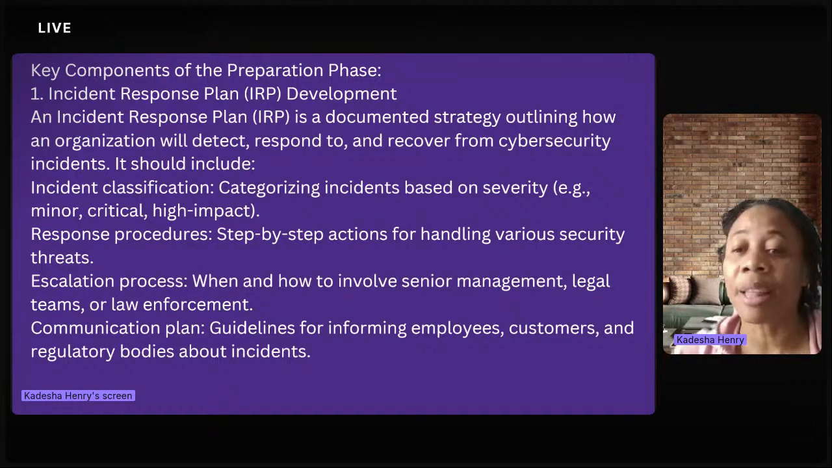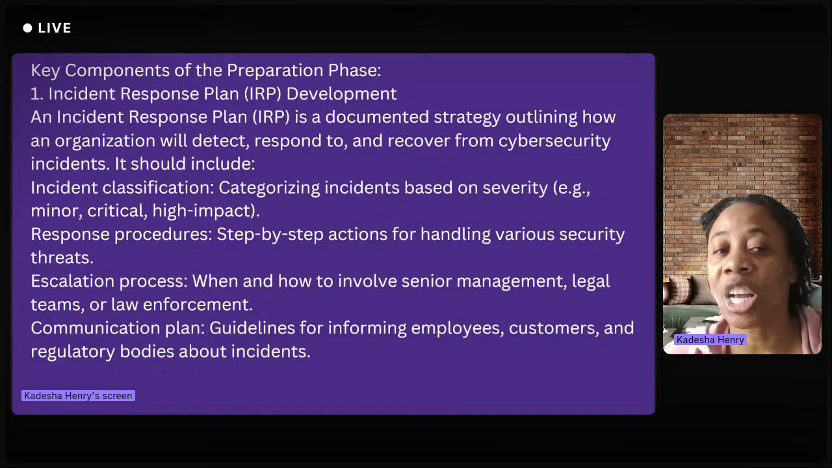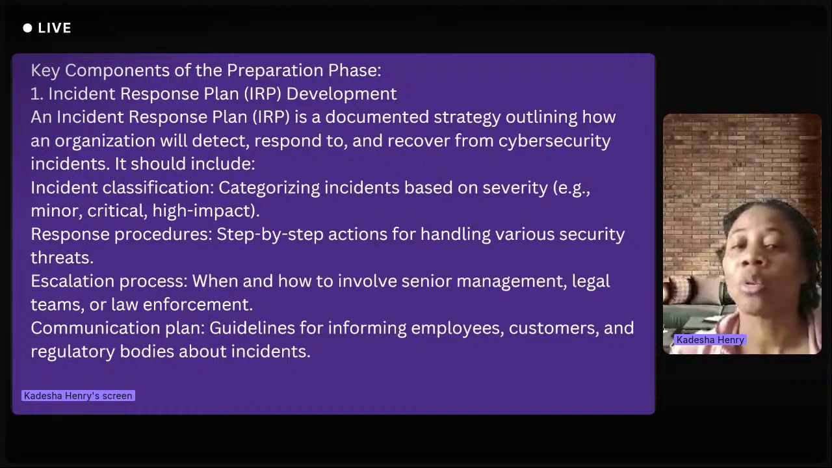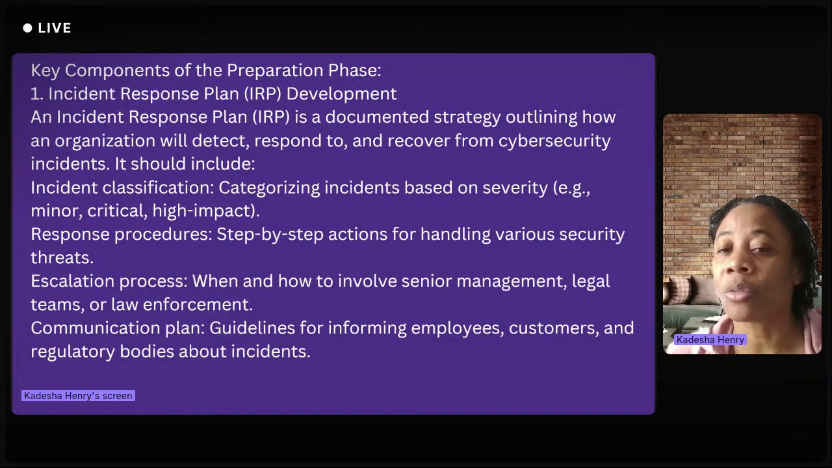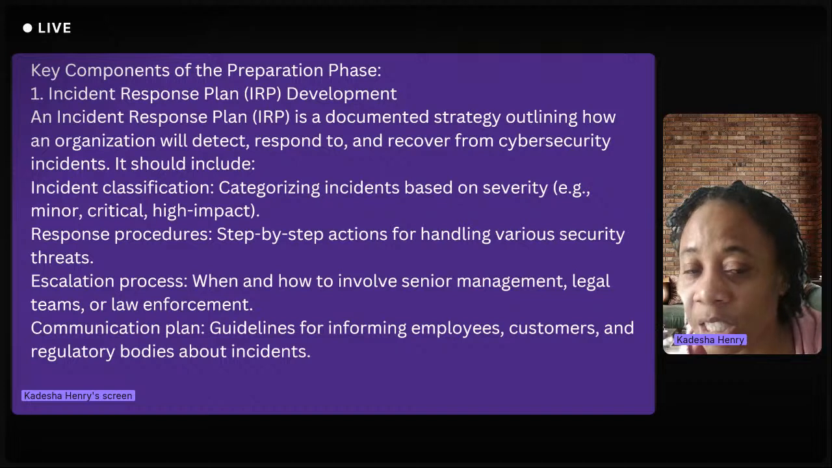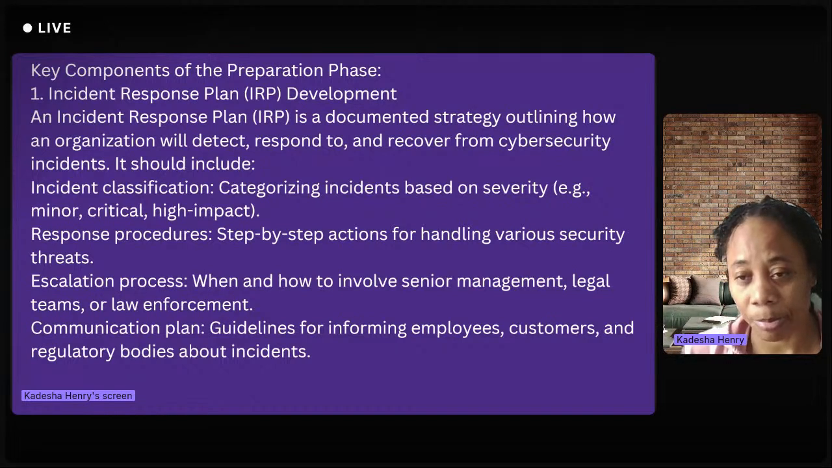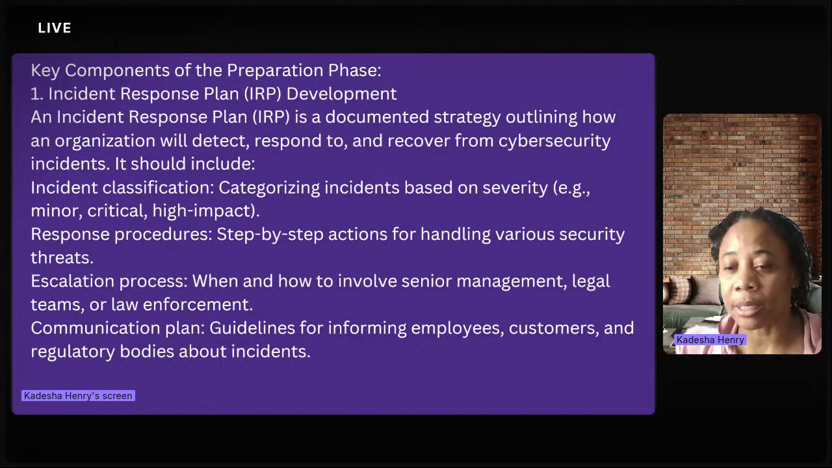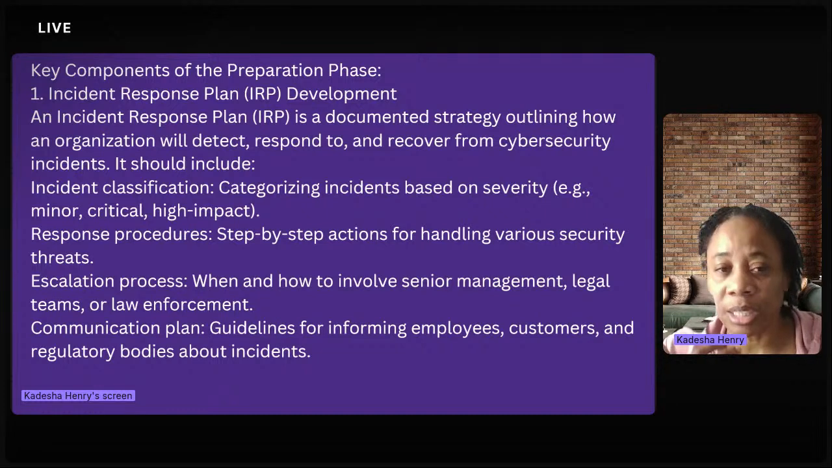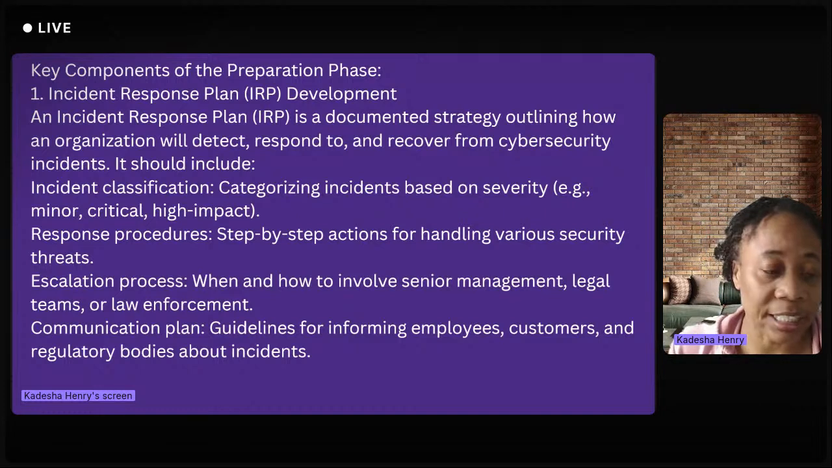It's a document that you have, or a documented strategy outlining how an organization will detect, respond, and recover from a cybersecurity incident should it happen. So you have a whole document that tells you how the organization is going to detect, how it's going to respond to, and how it's going to recover should there be a cybersecurity incident,